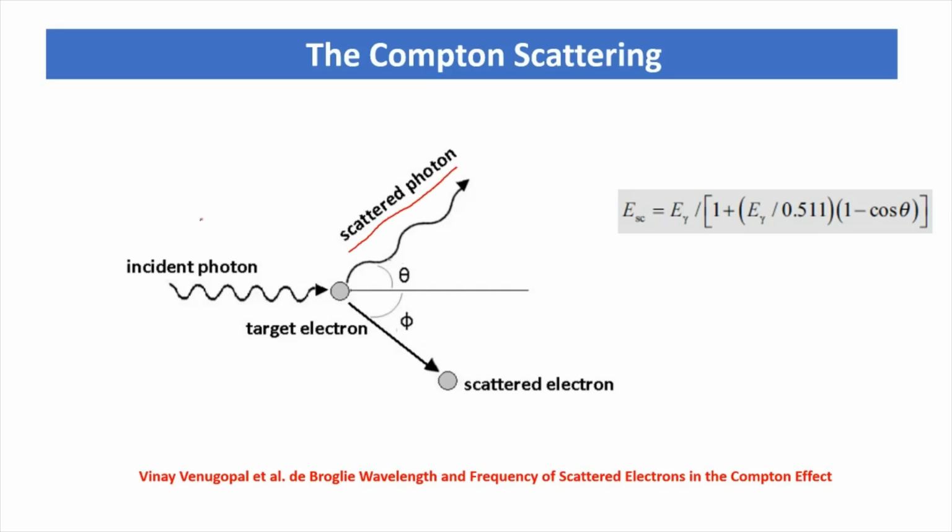That is, if the incident photon has energy of E1 and the scattered photon has energy E2, then obviously E1 is more than E2. That is, the scattered photon has longer wavelength than the incident photon. That means we can say that this scattered photon has gone through redshift. That is, it has shifted towards lower energy or a higher wavelength.